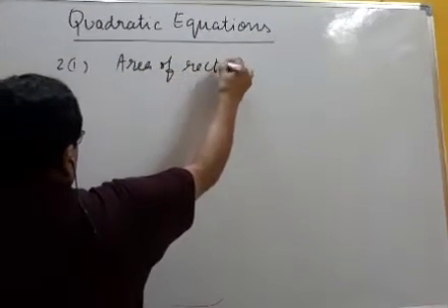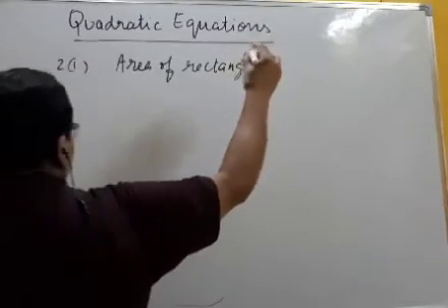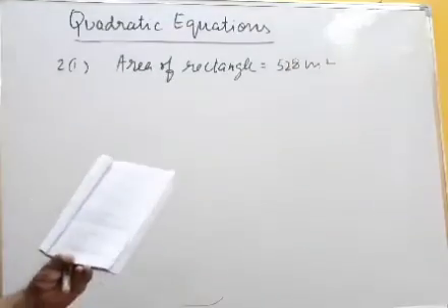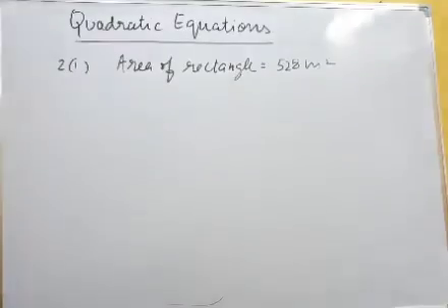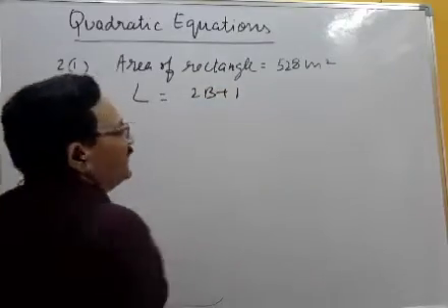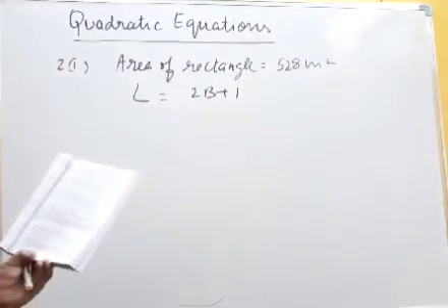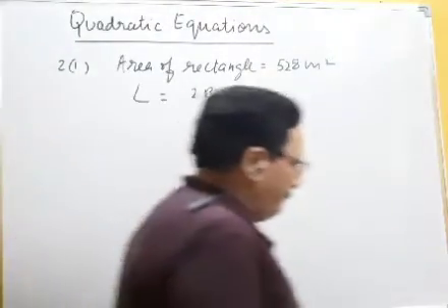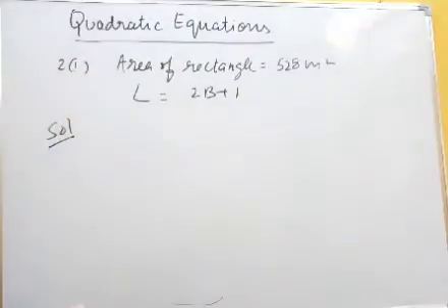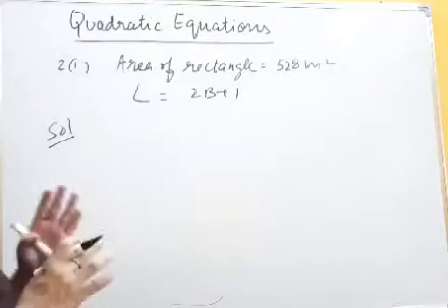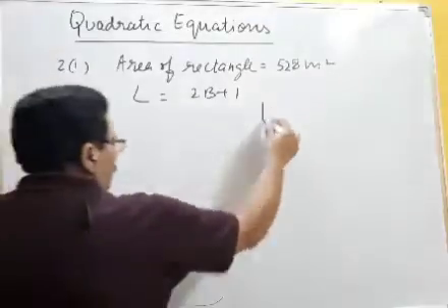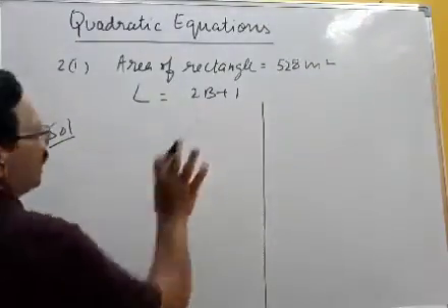Area of rectangle is 528 meters square. The length of the plot in meters is 1 more than twice its breadth. I read: length is 1 meter more than twice its breadth. This is given. L is representing length and B is representing breadth. Okay, so same question, I am finding the solution. Again I am telling children, this question I will tell you again in the form of two variables and single variable, but finally we will solve in one variable. But here no problem. First of all, I am taking one variable.